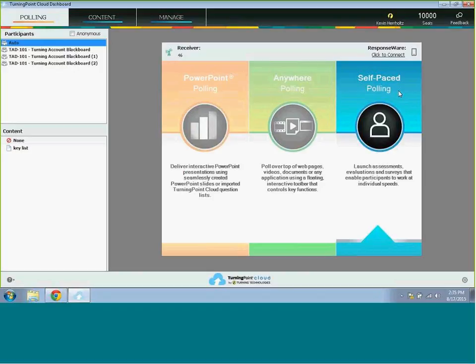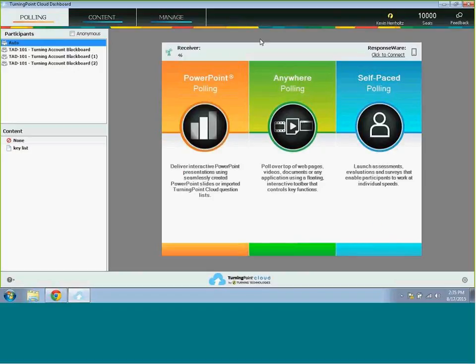So I know that we're saving questions to the end. I did see a few questions come in, but I just really wanted to give a quick little overview of what TurningPoint was all about, how it can be used, and really the simplicity of it. If you're a PowerPoint user, we're just going to extend your knowledge on PowerPoint just a few steps further. And if you're not a PowerPoint user, that's fine. We have Anywhere Polling, which still allows you to utilize the technology in a very similar format without necessarily setting anything up in advance.